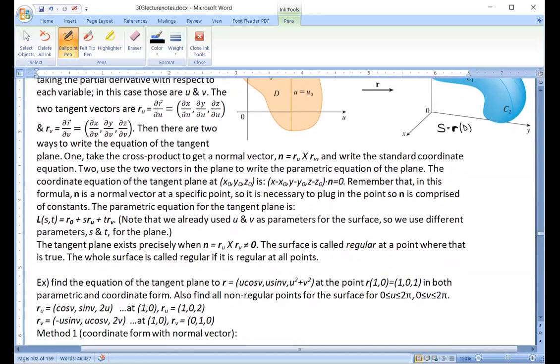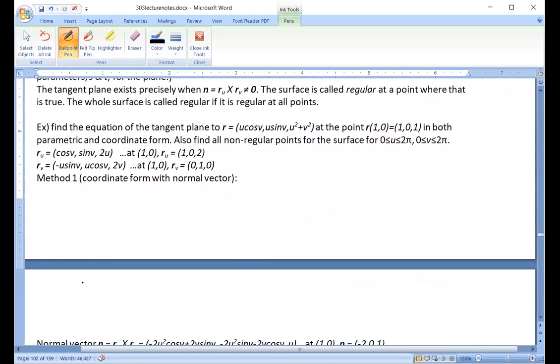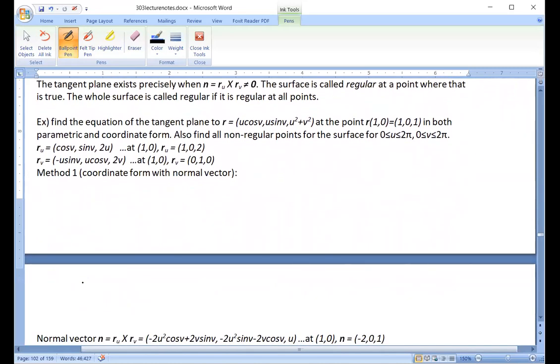So we've got our two tangent vectors, and we know how to make a normal vector. We'll make a normal vector by taking the cross product. I did something slightly fancy. I just calculated the cross product from the original formulas themselves. In a problem like this, you can just take the cross of the two vectors at that point, just constants. But if you take it in terms of a formula, you get n equals ru cross rv equals this whole formula. Negative 2u squared cos v plus 2v sine v,